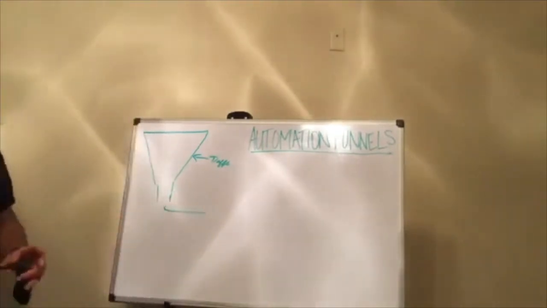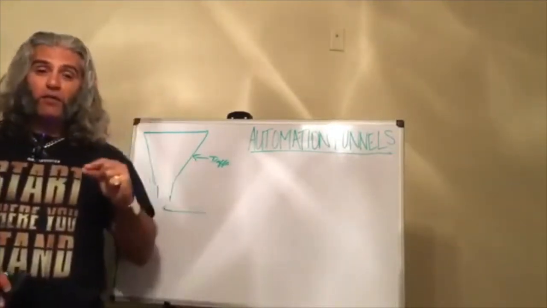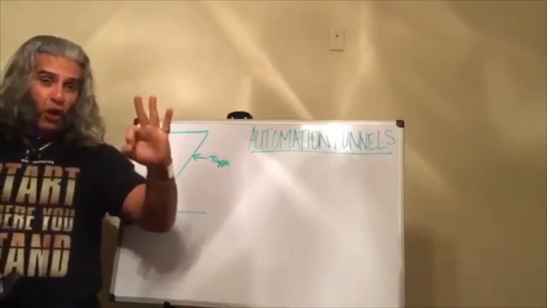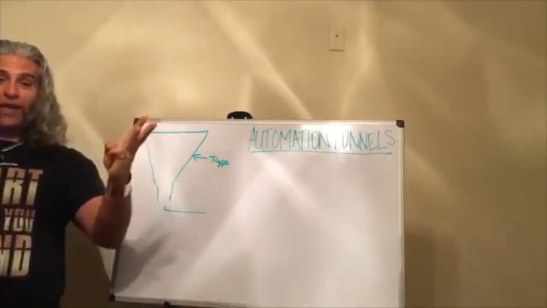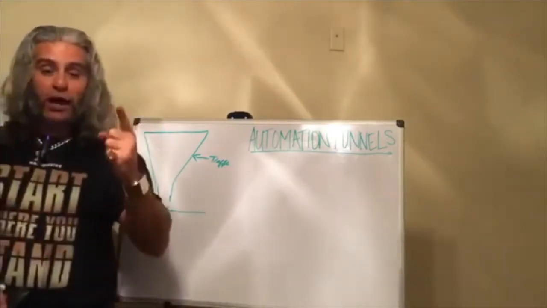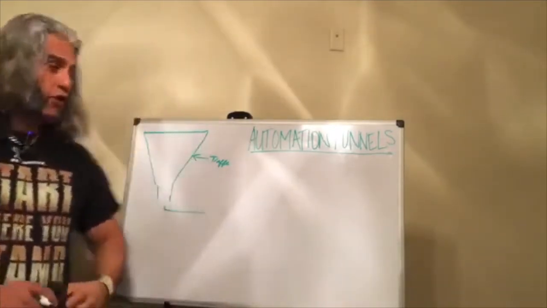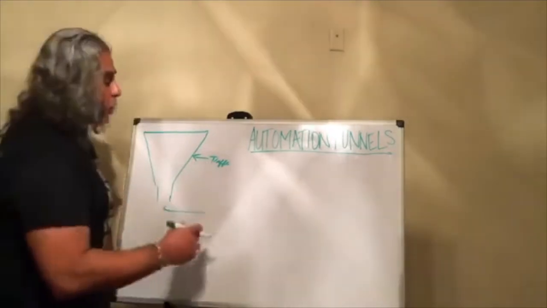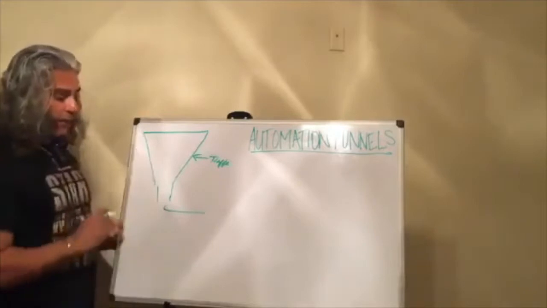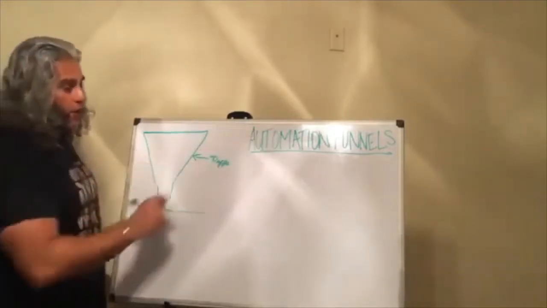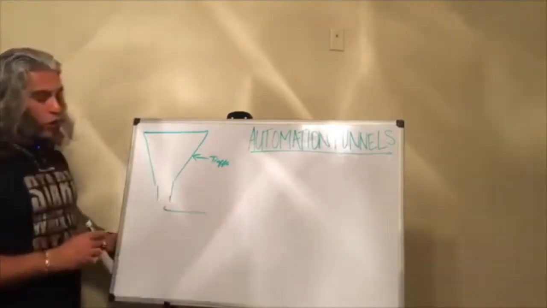But before I go any further, I want to talk about that there is, in the business of real estate, 3 stepping stones. The first is lead generation, the second one is conversion, and the third is exit strategy. And what we're going to talk about right now is the lead generation part and also the conversion part. I'm going to talk about the traffic part in a second, but I want to talk about the automation part. So once the traffic comes into your funnel,